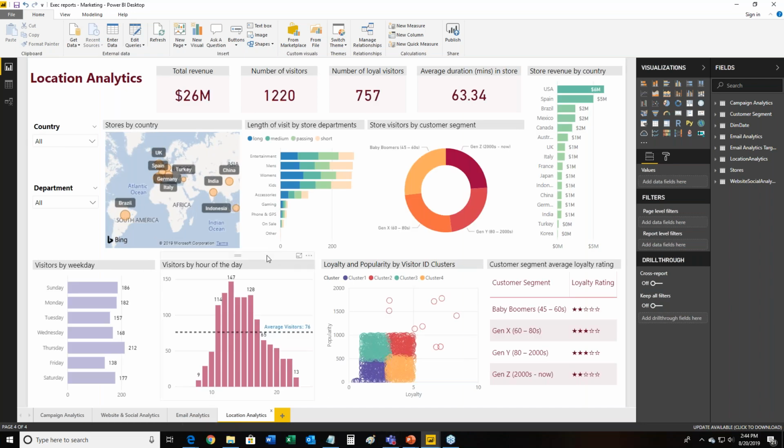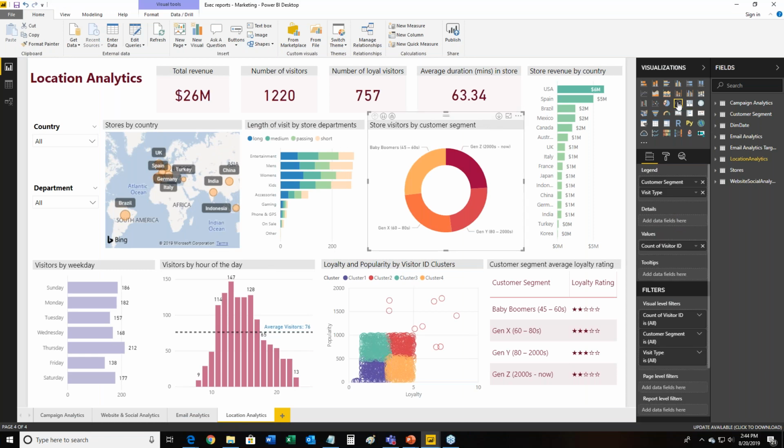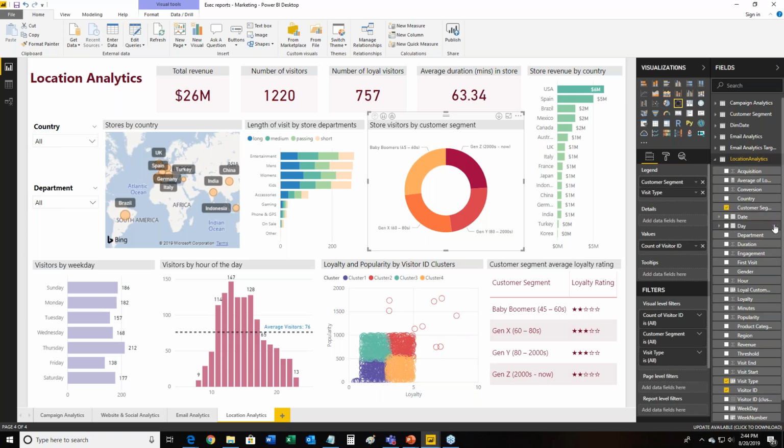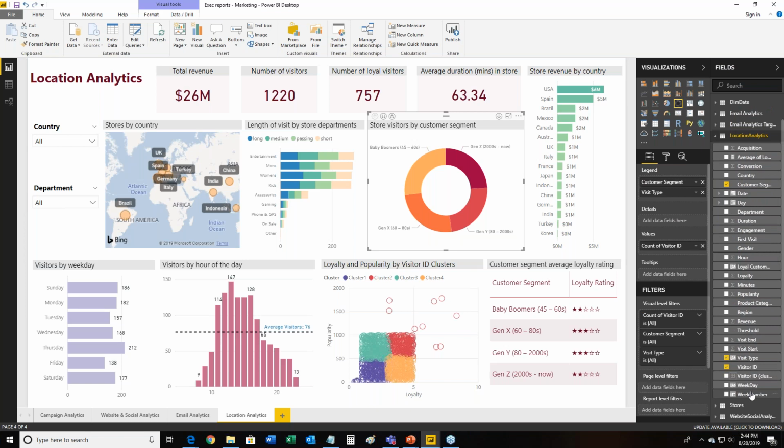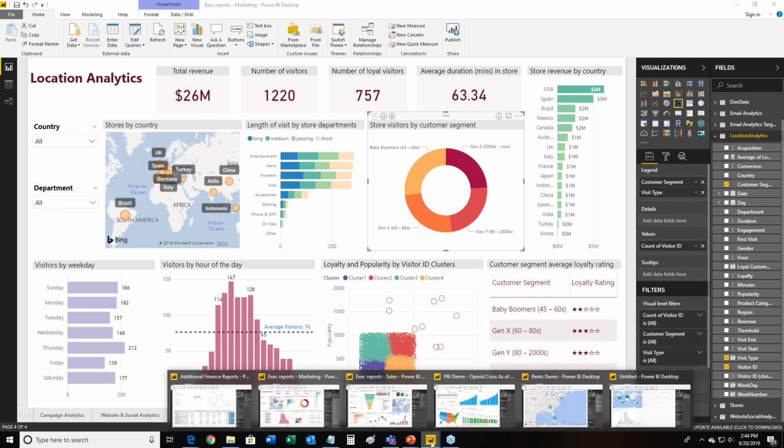And with all of these, you're wondering, how did they do this chart? You click on it. I see that this is the donut chart, and I can see what's the data being pulled. Customer segment, visit type, visitor ID, and I can look at the filters being applied, and I can start updating those or manipulating them to create new charts.